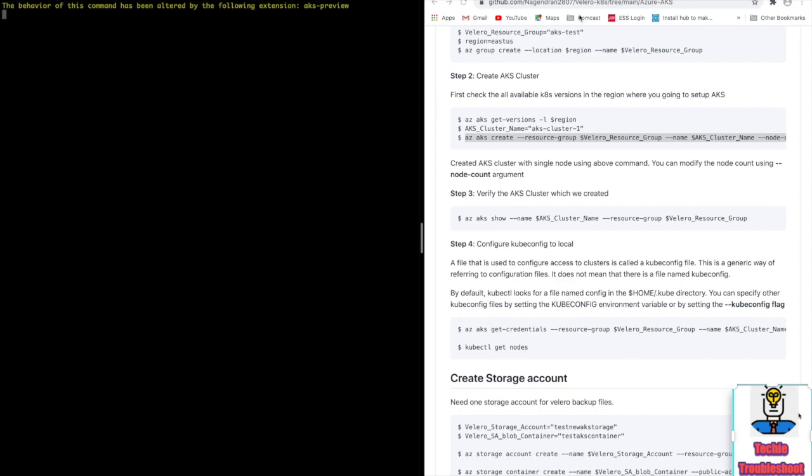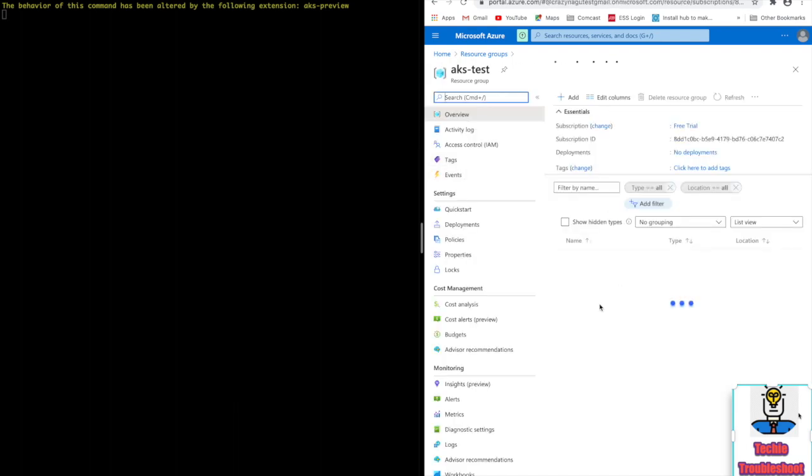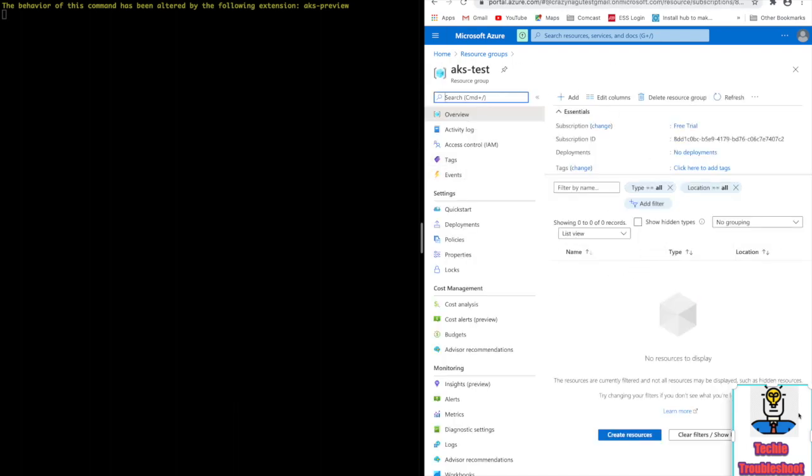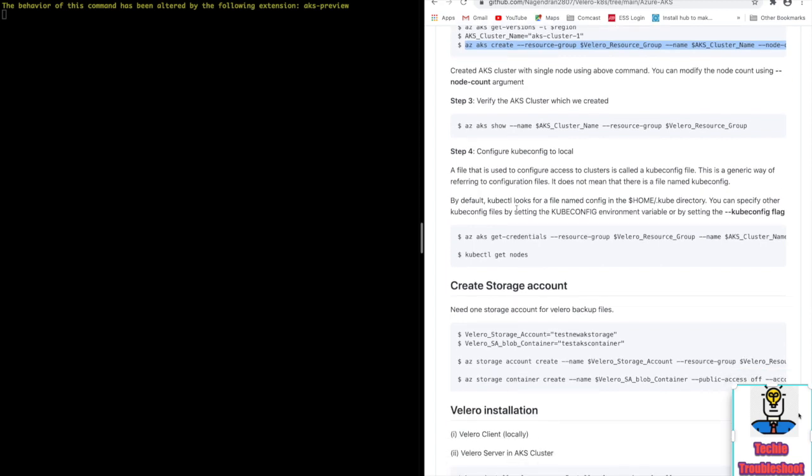So we can verify the resource group meanwhile. The resource group is created. Now it is empty. Once the cluster is created, we have to verify whether the cluster exists and is available in AKS. The next thing, we have to configure kubeconfig.